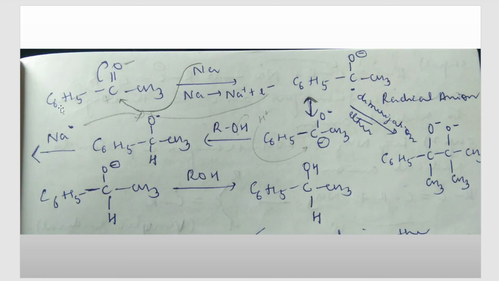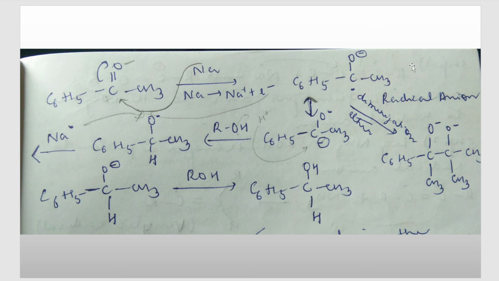Now here you can see we have taken a ketonic compound. How does this reaction proceed? Now you know, students, that if we write a minus on any species, it means it has a pair of electrons, that is, two dots on itself, correct? And if we write only one dot, what does it mean? It means it is a free radical, short of one electron. One dot means it has an odd number of electrons, or it is a free radical. And minus means it has a pair of electrons.